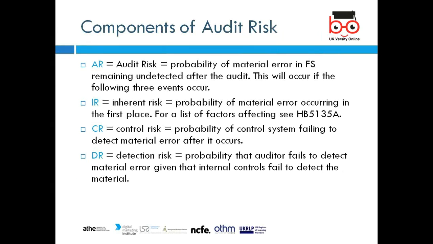Components of audit risk. Detection risk: the probability of a material error in the financial statements remaining undetected after the audit. Like Enron, the auditor gave an opinion that the company was a going concern doing normal business, but after three months they couldn't afford to pay their workers. The company collapsed, so that's a huge audit risk. So why did the auditor not pick it up? Why did they not find it?